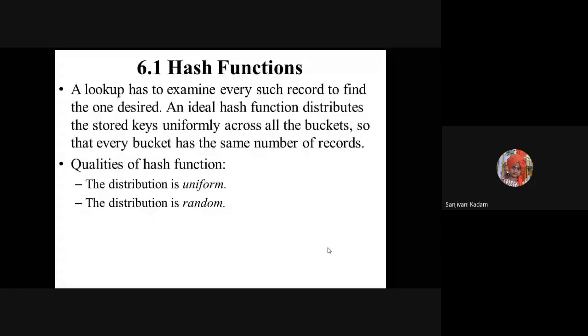That will be called non-uniform, because if I'm having 10 records, then at most two search key values should point to a single bucket. At most three, I can say. So it should be uniform. And random means that it should not go for sequential assigning of values. That is much more dangerous for the search key values, and hence it should assign randomly. After passing the first value, it should not assign the next value to the sequential record.